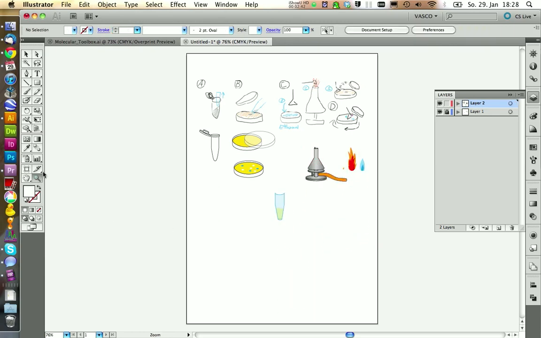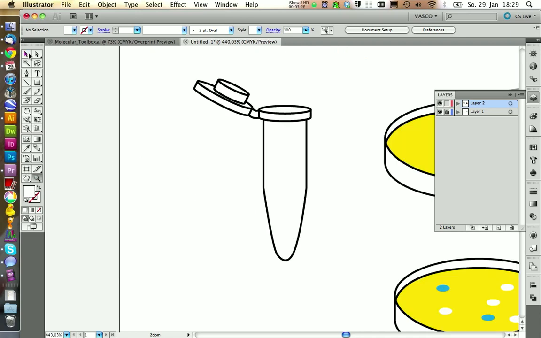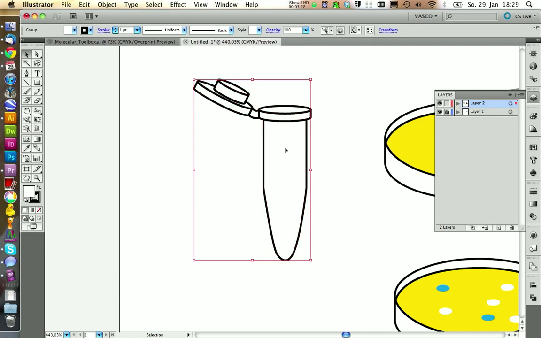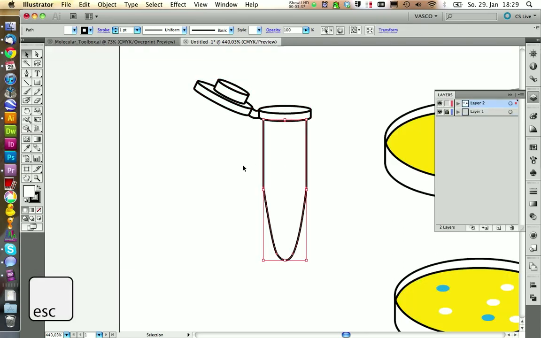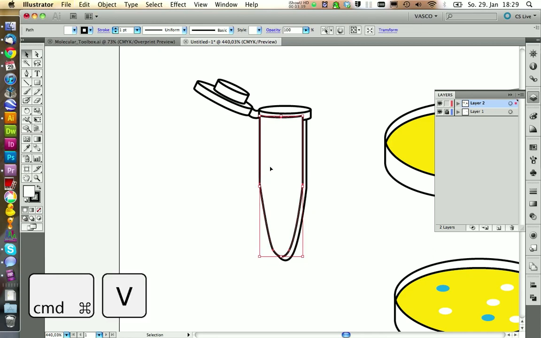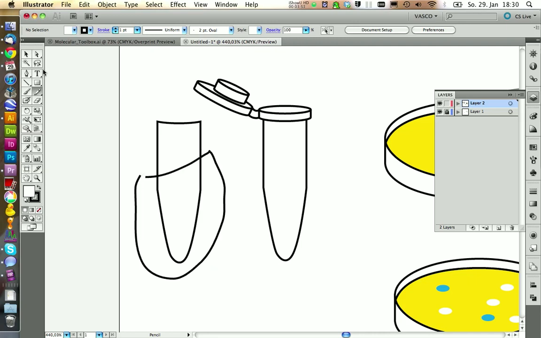Let's zoom in on our graphic. And we can start working on our Eppendorf tube. We want to have some bacteria solution in here. So therefore we're going to double click on this one and we copy this element. Then we press escape and we can paste in just this thing here. Then we're going to use the pen tool to sketch out a bacteria solution in here. Like this, and let's say we give this one an orange color,